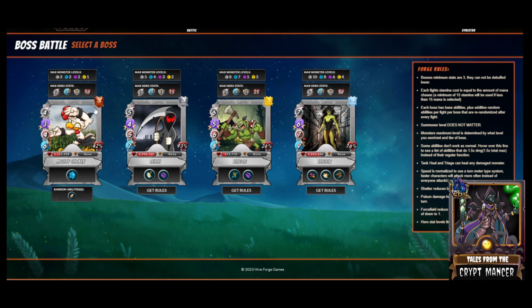Now, what you can see here, you have a bronze boss, a silver boss, a gold boss, and a diamond boss. Each of those bosses have different base stats as well as number of abilities here. And you can see here they have different amounts of health as well. Now, this bronze boss, you can see that the max monster levels are capped here at 3 for a common, 3 for a rare, 2 for an epic, and 1 for a legendary, going all the way up to diamond, where basically it has max level cards, level 10 commons, level 8 rares, level 6 epics, and level 4 legendary,